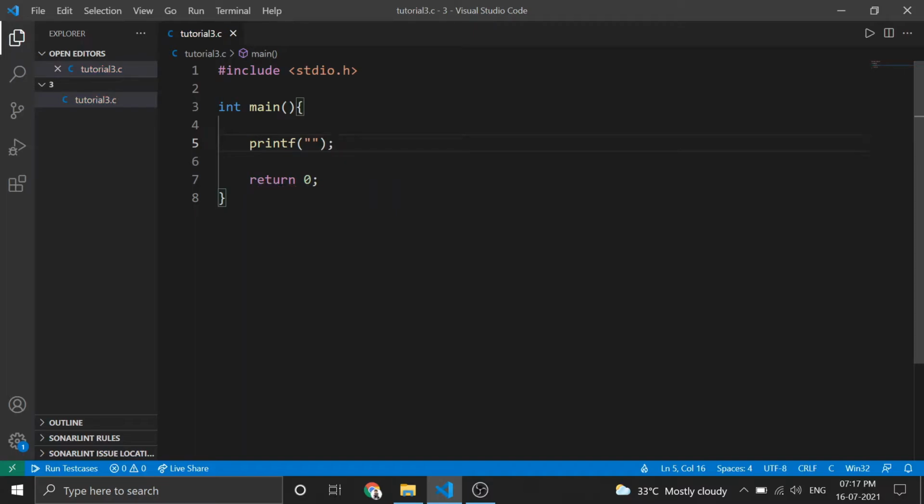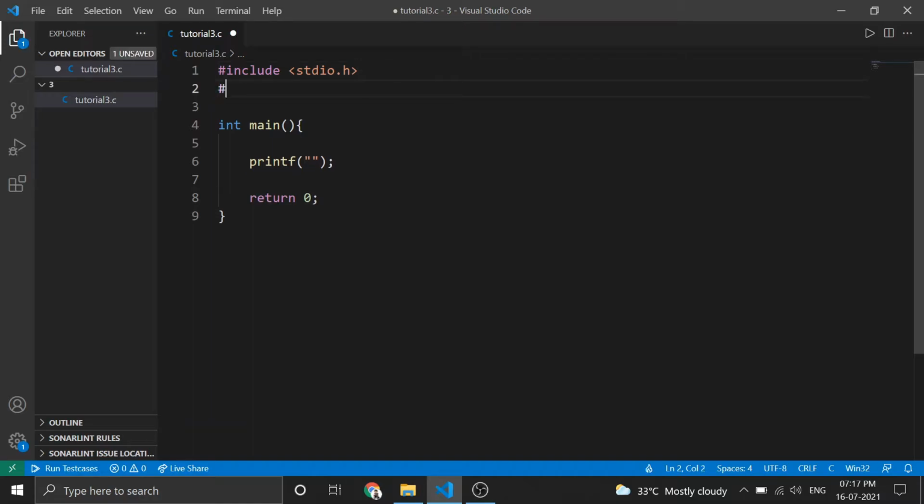We can use some built-in functions from the math.h header file also. We can use header files like string.h. This is just some pre-written code that we are using, nothing more than that. If we want to create our own header file, let's talk about that.